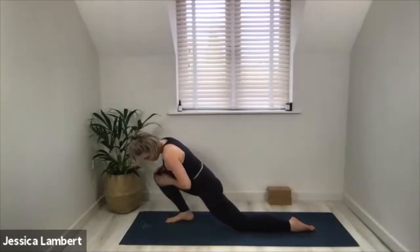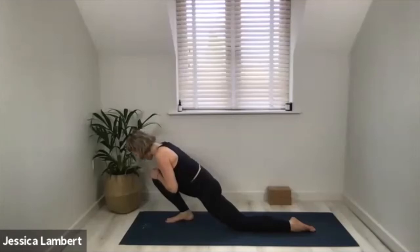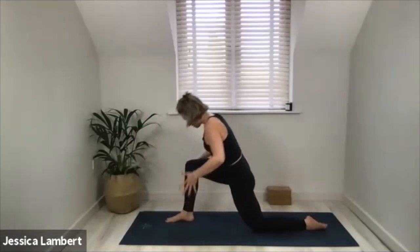And the limiting factor, you're trying to keep that right heel down. The limiting factor will probably be your Achilles, probably be the back of your ankle. 3, 2, 1. Come back, so you might need to take the left knee back and reach the arms to the